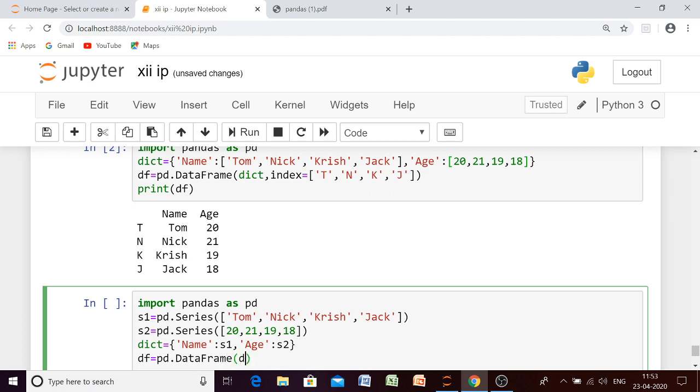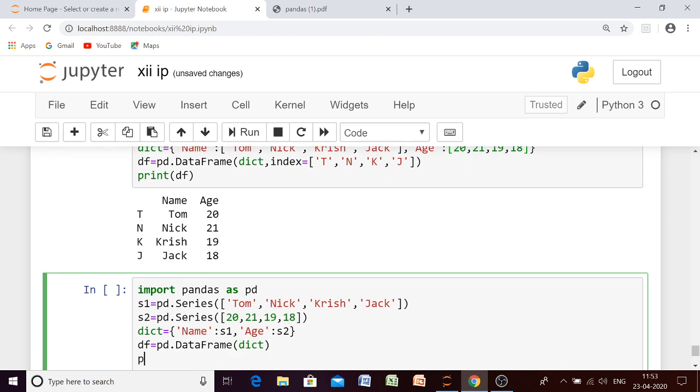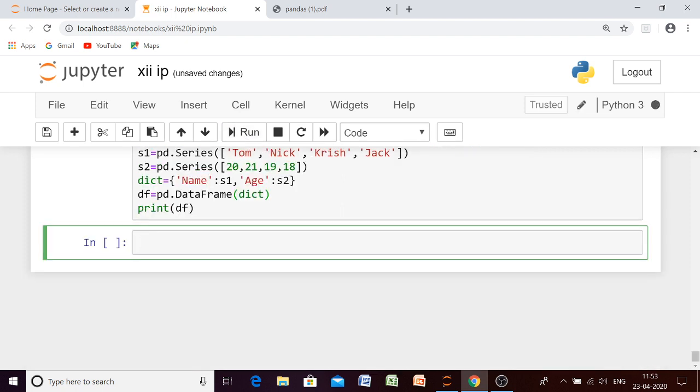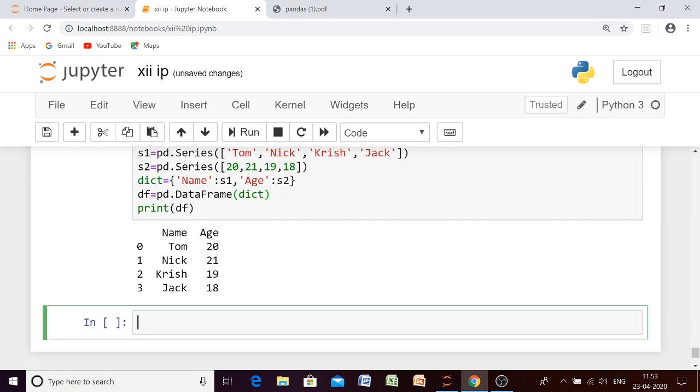Now we will create our data frame, which will be pd dot DataFrame with capital F, and within brackets we pass our dictionary. Let us check whether the data frame has been created or not. It is df. The only difference is that you may provide the values directly in the form of a list, or you first create a series from the list and then use that series, but both are almost the same. I think the first one is preferable, but according to me you may choose any one. Let us execute this and see what we are getting. Yes, we have got the same result.